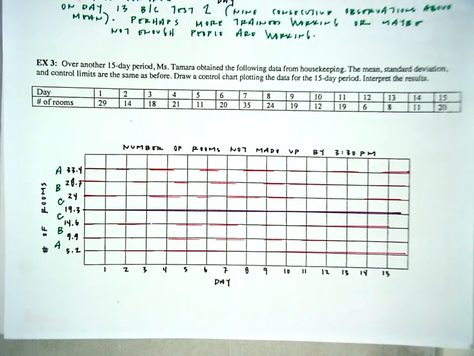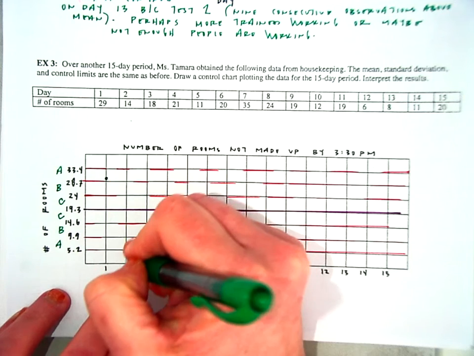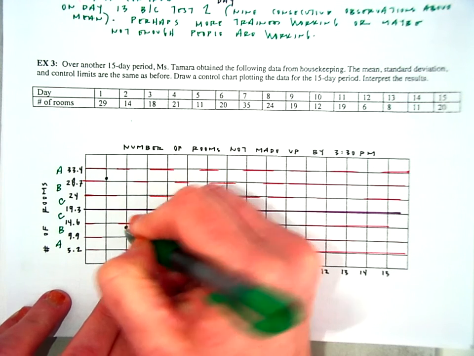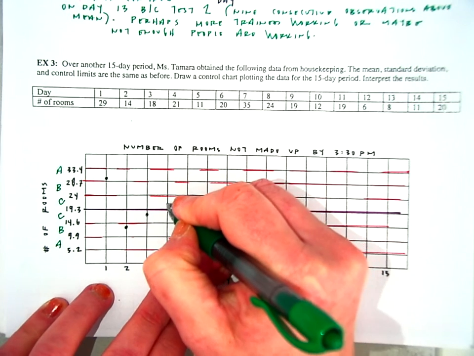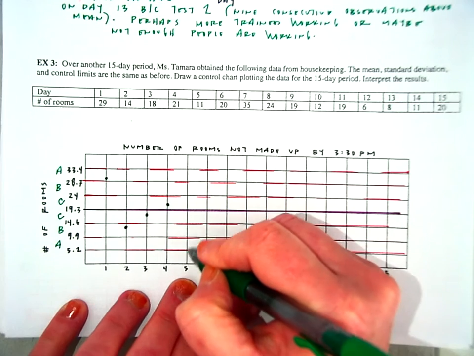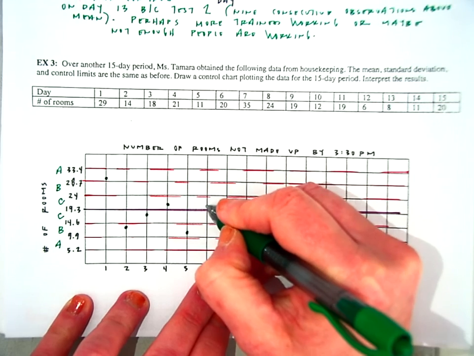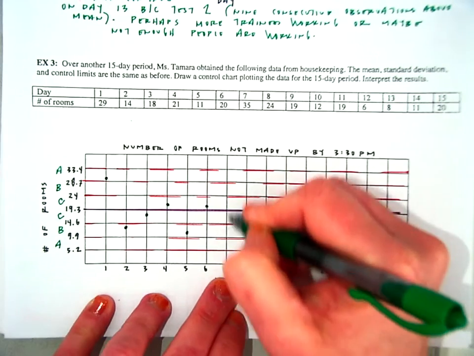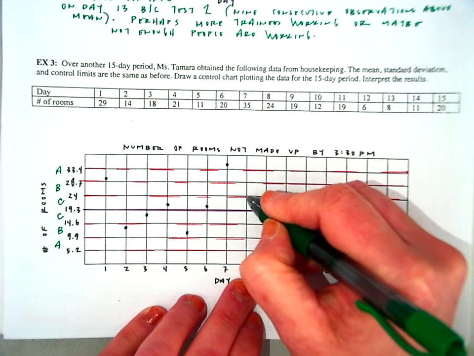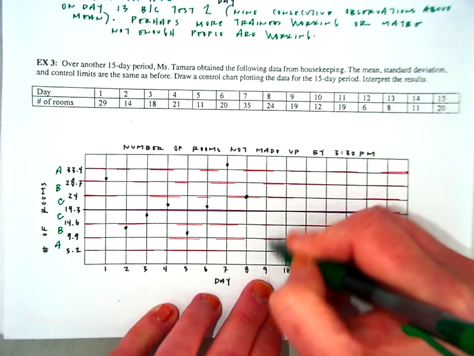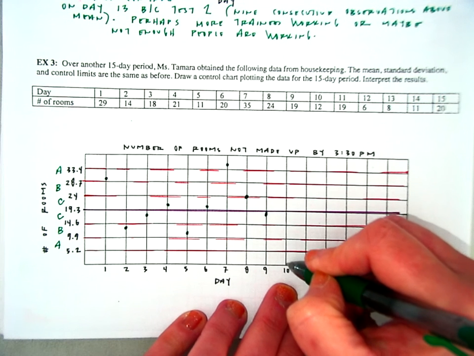Okay, plot your data. So 1, 29, 2, 14, 3, 18, 4, 21, 5, 11, 6, 20, 7, 35, 8, 24, 9, 19, 10, 12,